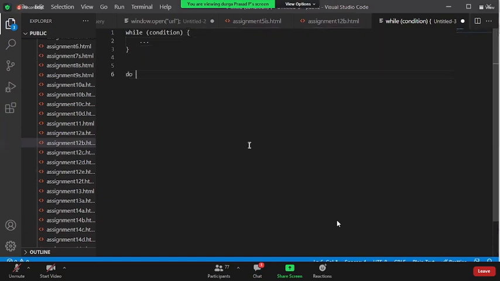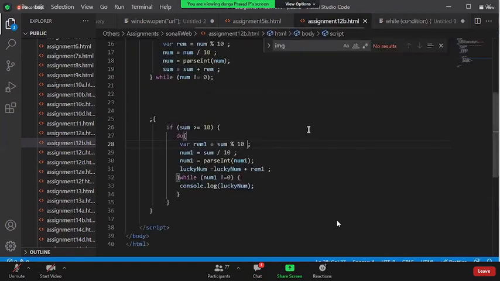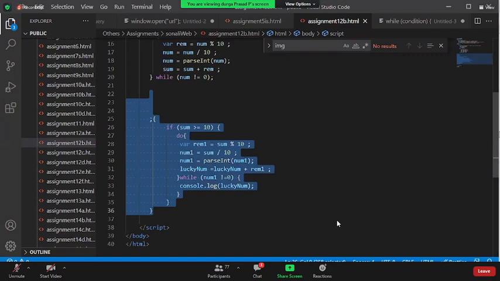How is the do while going to look? Do some set of instructions, and here you then have while condition. That's it. But why are you adding open braces again here, and why are you adding this? That is not recommended. That is completely invalid, right? That is what I'm saying. You can use while or do while, that is fine. But the syntax I have used is wrong.